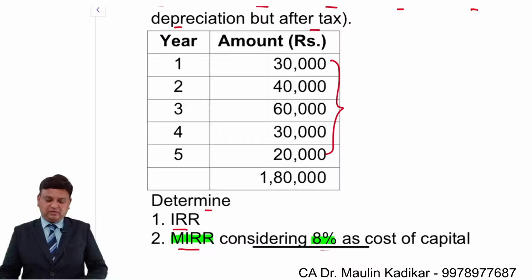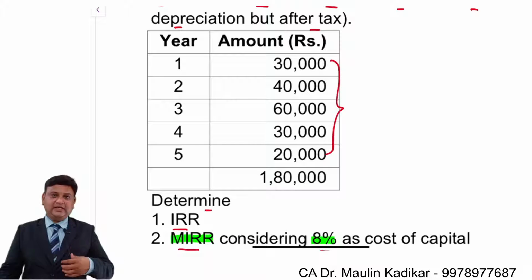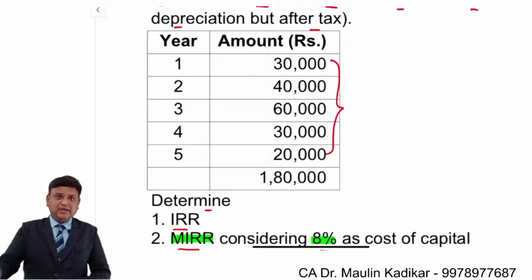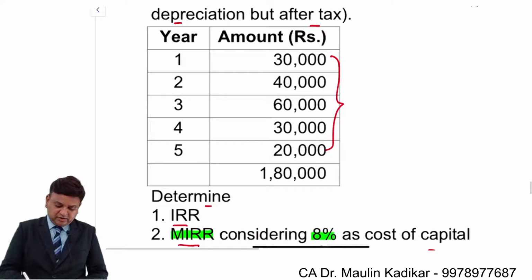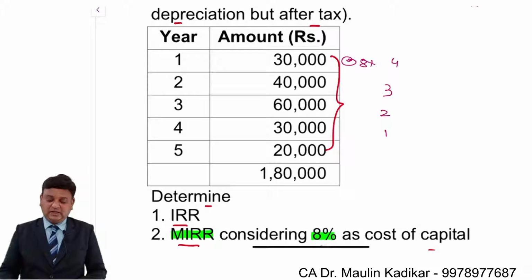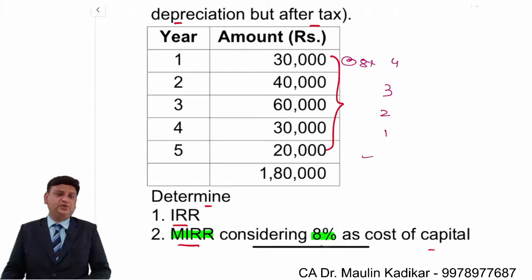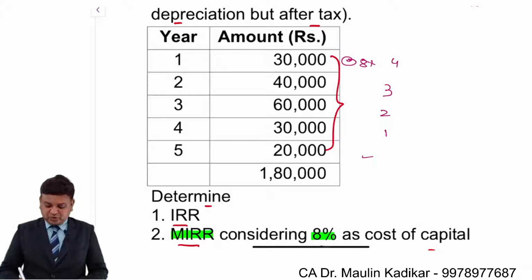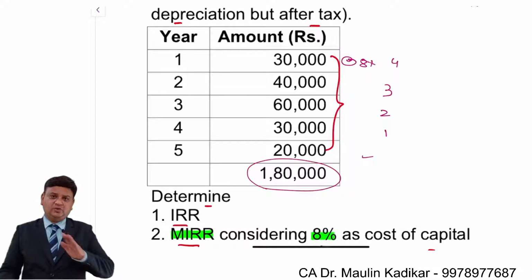So friends, over here we will do working like this. The first year cash accrual will be reinvested at the rate of 8% for the remaining 4 years. The second year internal cash accrual will be reinvested for 3 years, 2 years, 1 year, and this is the last year cash flow itself, so it is not subject to any compounding. So the future value of this internal cash accrual is